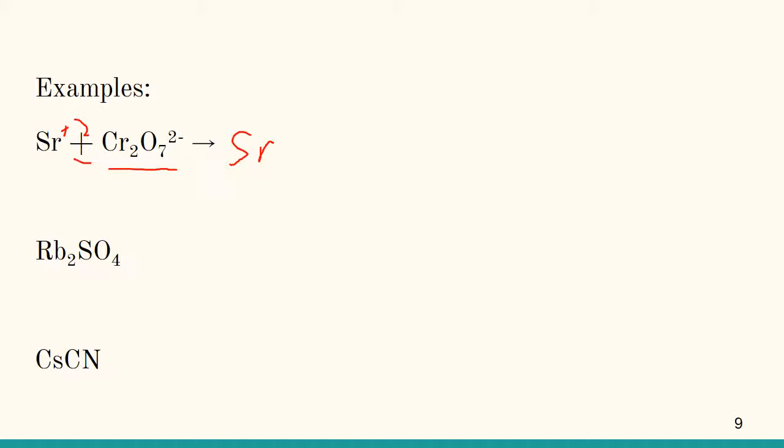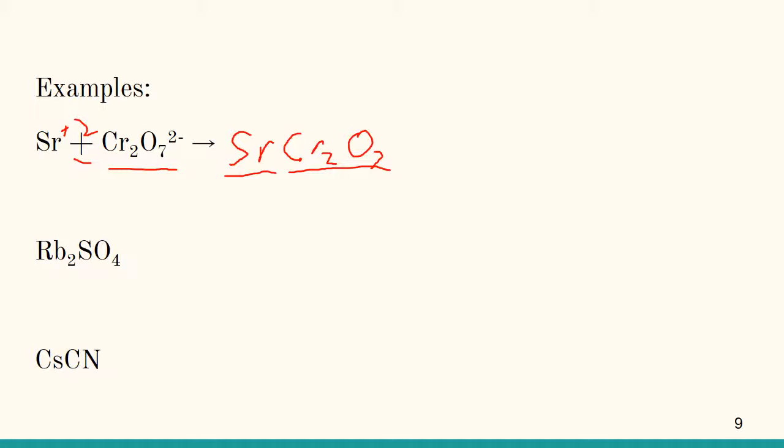So to do that, we're going to look up that strontium has a +2 charge. Since our polyatomic ion, dichromate, also has a -2 charge, those are going to cancel out. So our formula is just going to be SrCr2O7. Now to name it, all we have to do is name the cation, strontium, and name the anion,